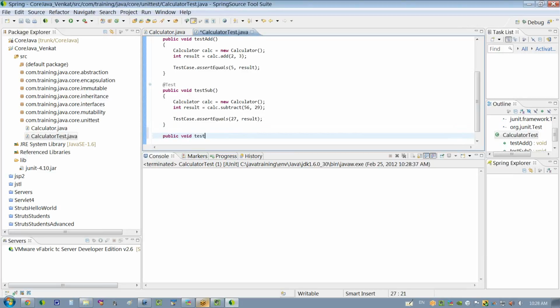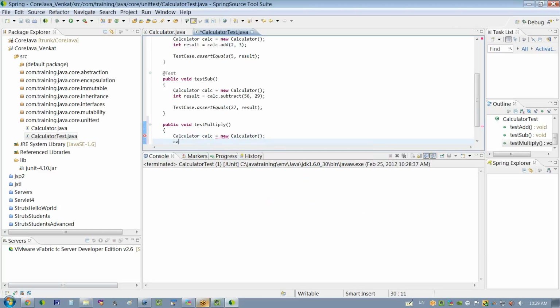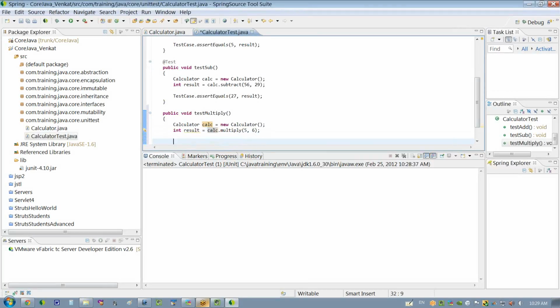Okay, now let's do multiply. Test multiply. Okay. Calculator, calc equal to new calculator, calc.multiply 5 times 6 is 30, right? Int result equal to, we got the result, and we say,